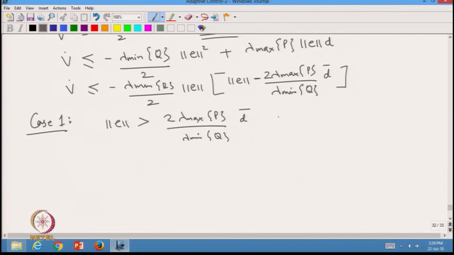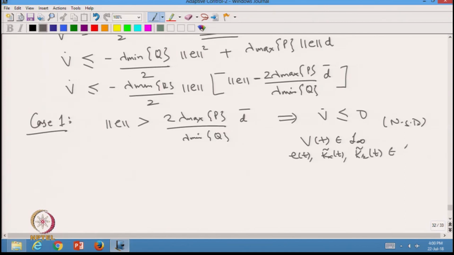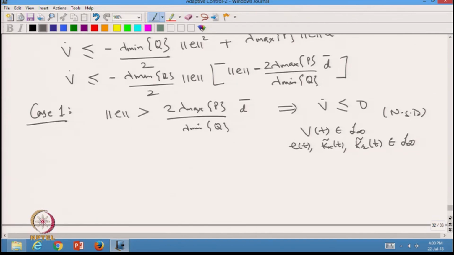What this would lead to is V dot being less than or equal to 0, which means that V dot is negative semi definite, and we can conclude that V is bounded, right, because V is positive and V dot is less than or equal to 0. So, V is bounded, and since V is bounded, we can further say that E of t, k x tilde of t and k r tilde of t are also bounded. Okay. So, this is a good situation to be in,